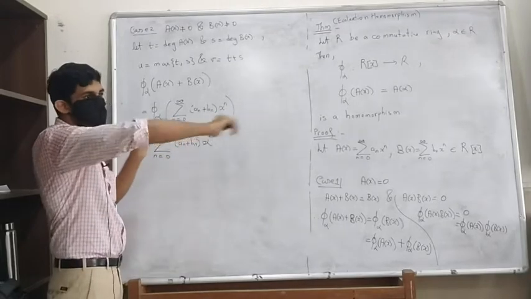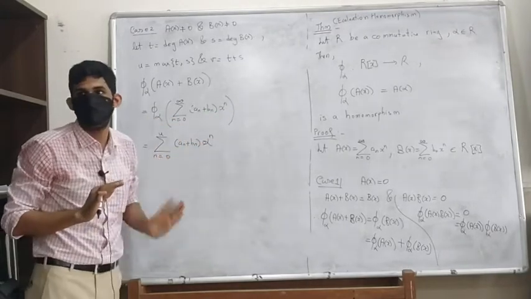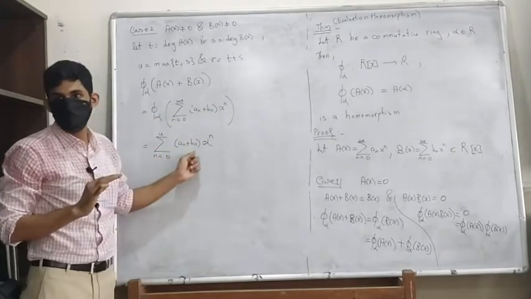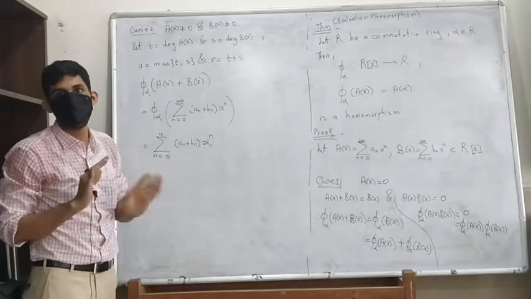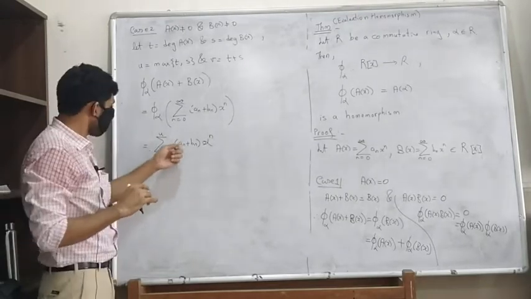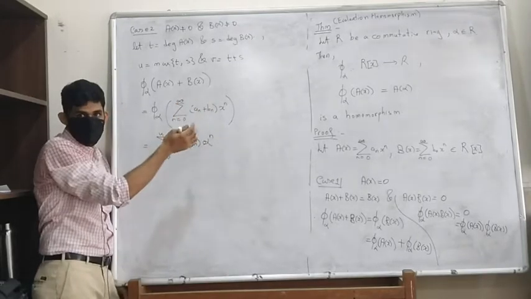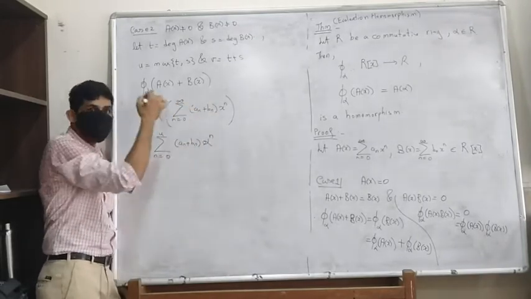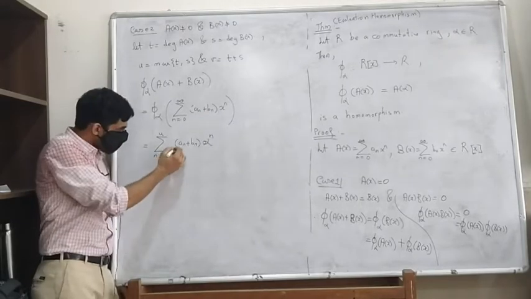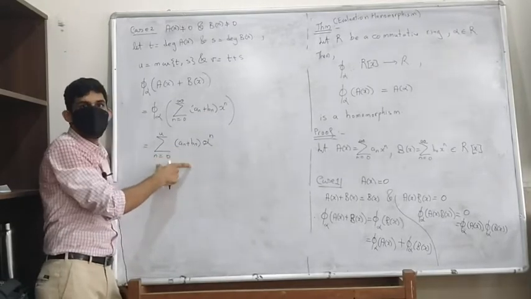So I'm just adding some zeros at the end. Okay, so this is valid. I hope everyone is with me. See, if this is the 0 polynomial, what does it mean? That means these coefficients are always 0, which means that these are always 0, so therefore this sum is 0.